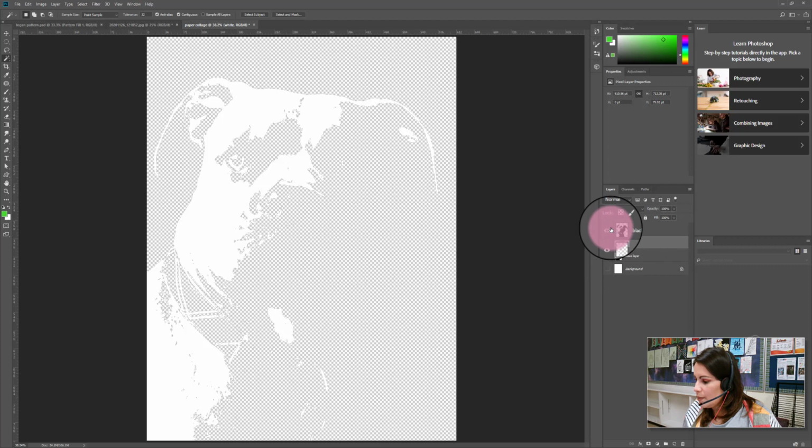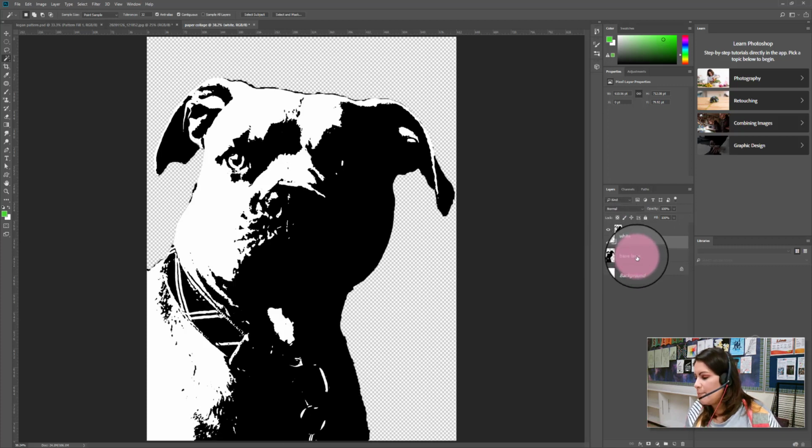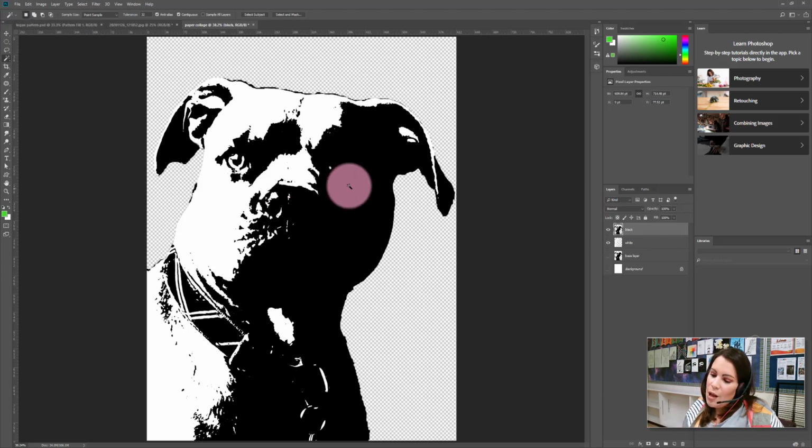Alrighty. And now I don't really need that base layer anymore, so I could delete it, but I'm just going to leave it invisible for now. What I want to do is start working on the different areas right here of the black layer. So the first thing I want to do is replace the color black with some kind